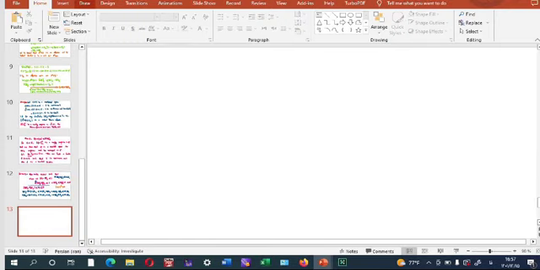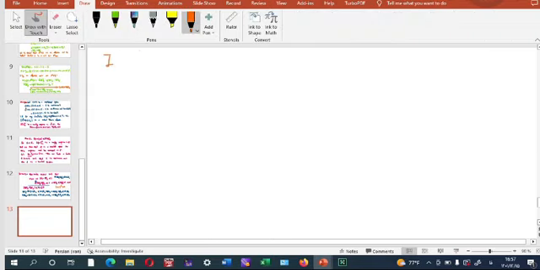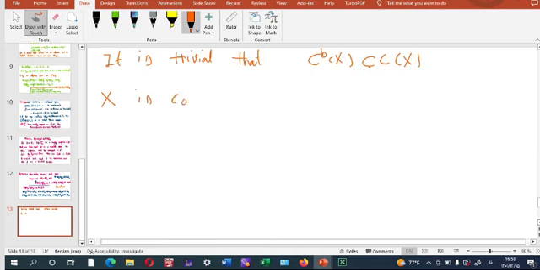It is trivial that CB of X is a subset of C of X. This is the space of bounded continuous functions, and this is the space of continuous functions only. And if X is compact, then CB of X equals C of X,